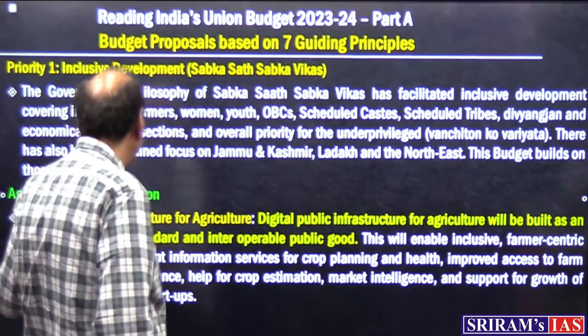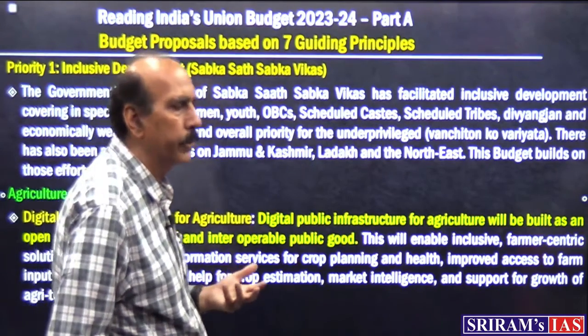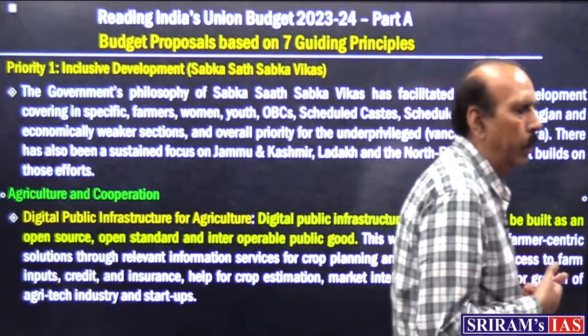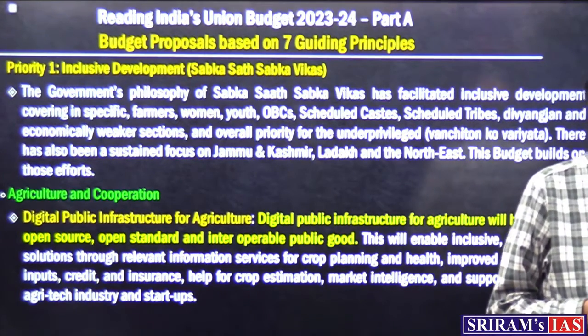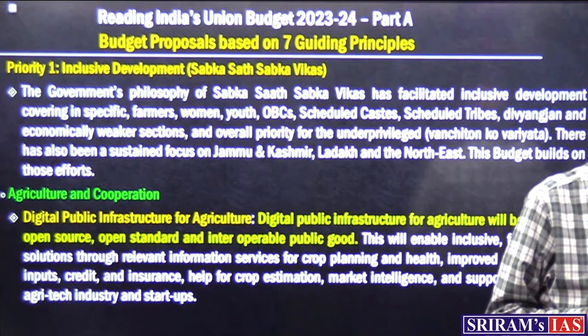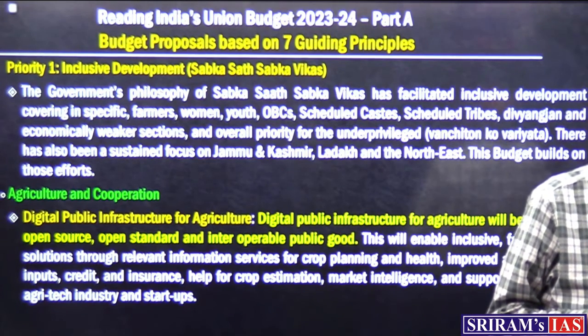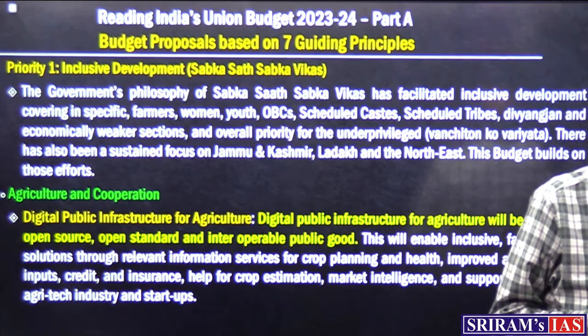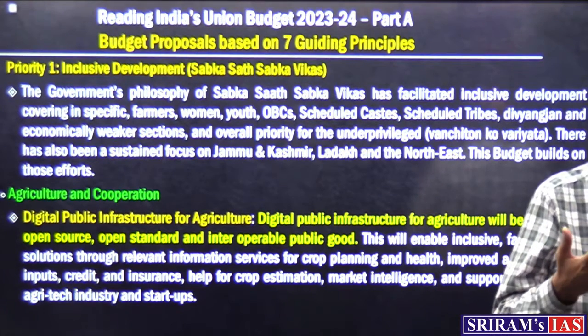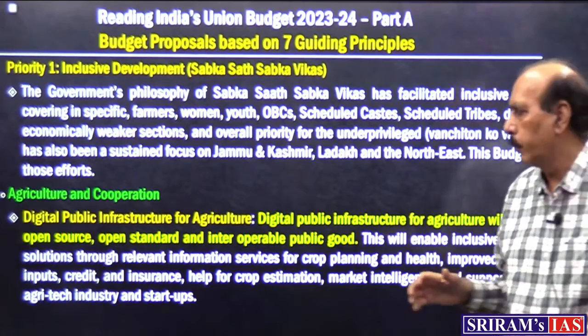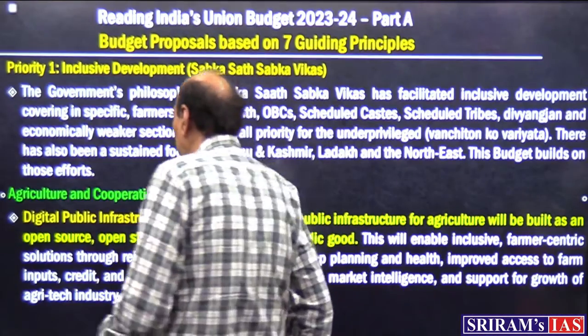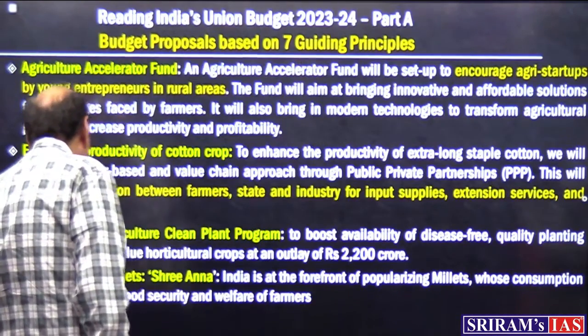For example, digital public infrastructure is to be created for agriculture, meaning that critical information to the farmers, in the form of use of seed, rainfall, quality of the soil, etc., will be provided through the digital infrastructure. It means an app will be created